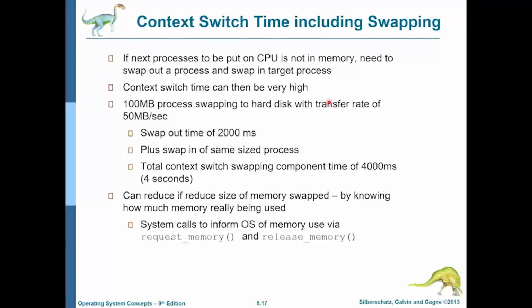Now let's discuss the consequence of swapping with respect to context switching time. So what is a context switch? When the CPU is running one process and then has to go run another process, because the CPU's time needs to be shared by different processes, then it needs to context switch. It needs to remove one process from its execution and put it back in memory somewhere safe so that it can resume its execution at some point, and then it brings in another process and starts executing it.